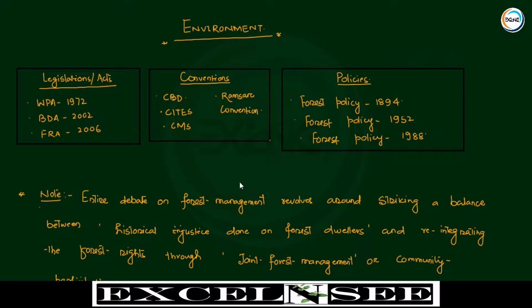Today we are going to study one of the important as well as the scoring sections, that is environment and ecology. In order to have a basic understanding, you need to be supported with the concepts on geography, which we have started in the special series. Gradually, we will build up the entire knowledge ecosystem so that we can integrate all the aspects, all the papers, so that it would be enabling for us to solve the papers.